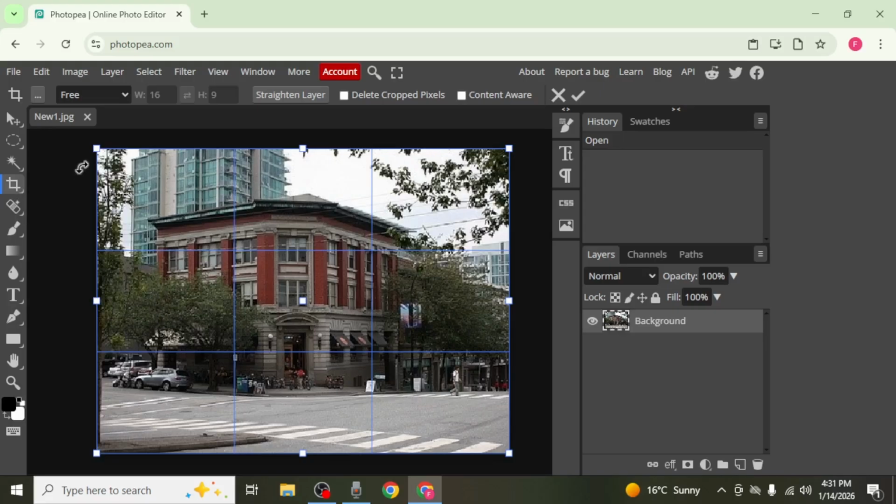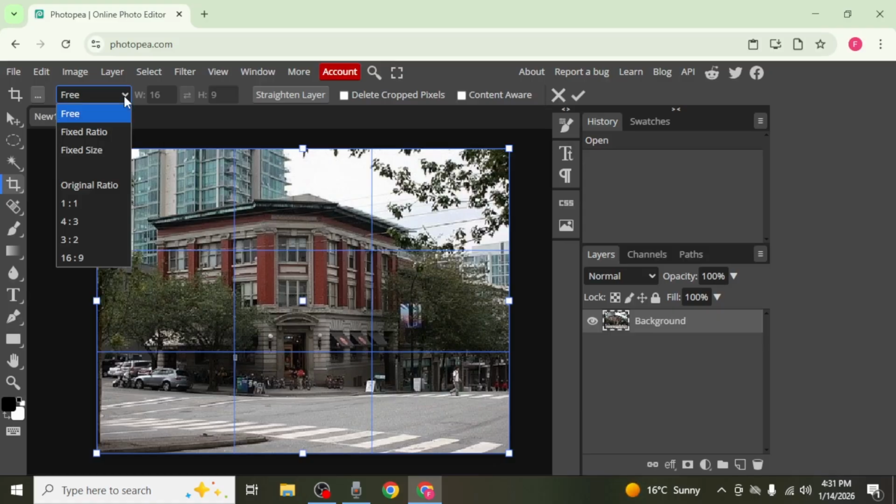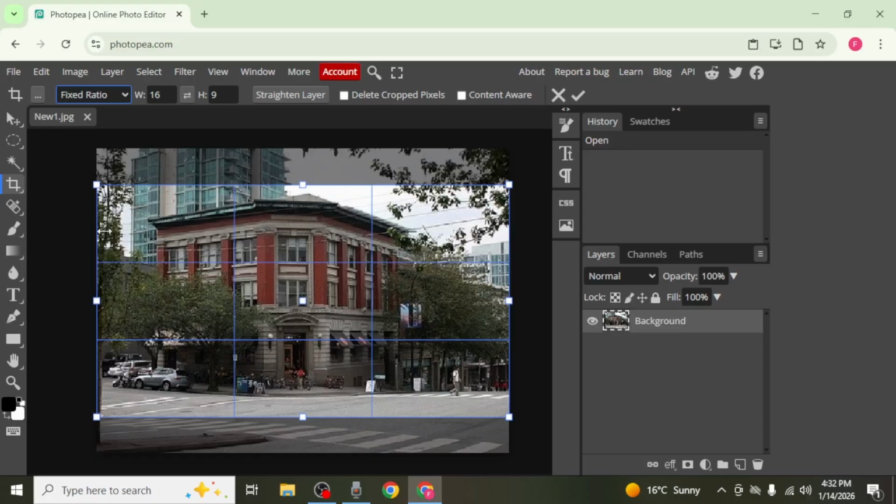After selecting the crop tool, move to the top left side of your screen where you will see an aspect ratio drop-down menu. Click on this menu and you will see several preset aspect ratio options. One of the most commonly used options is 16:9, which is ideal for YouTube thumbnails and videos. When you select this option, Photopea will show you a preview of how your image will fit into the selected